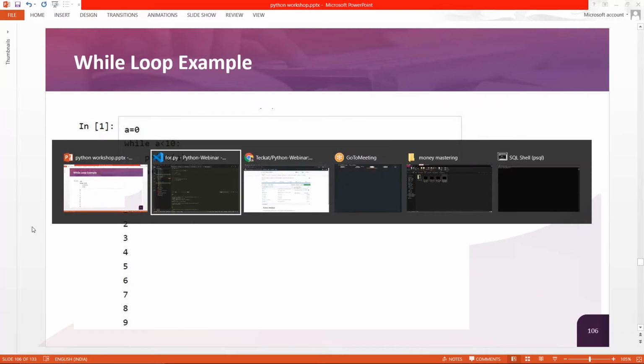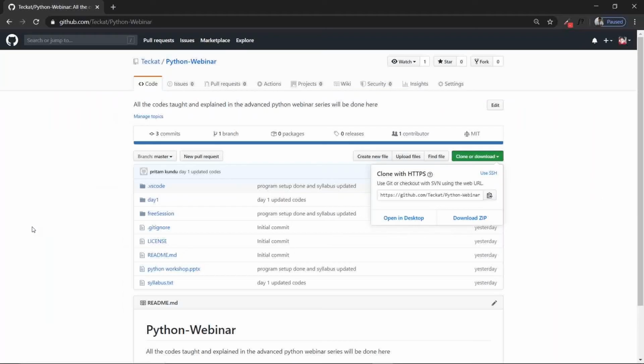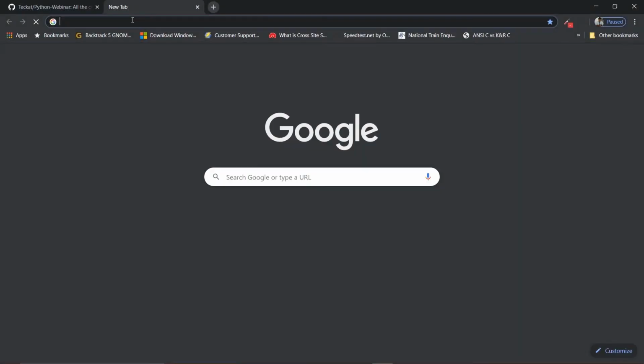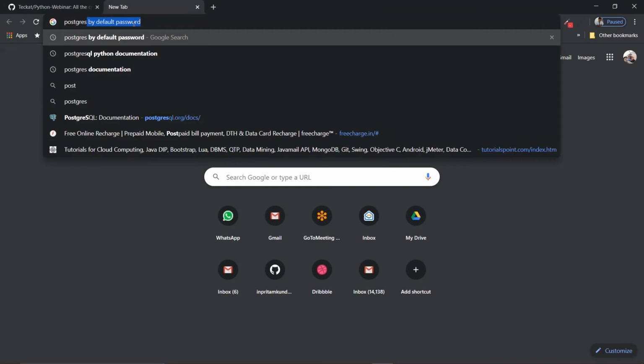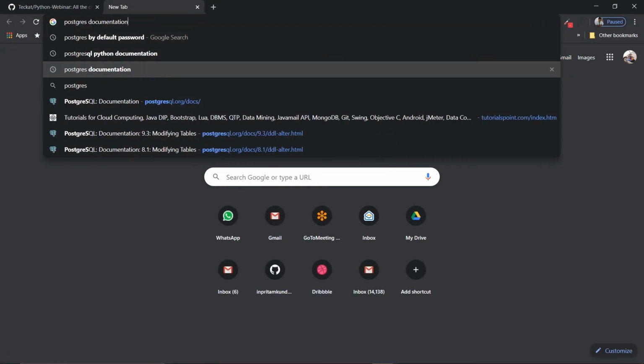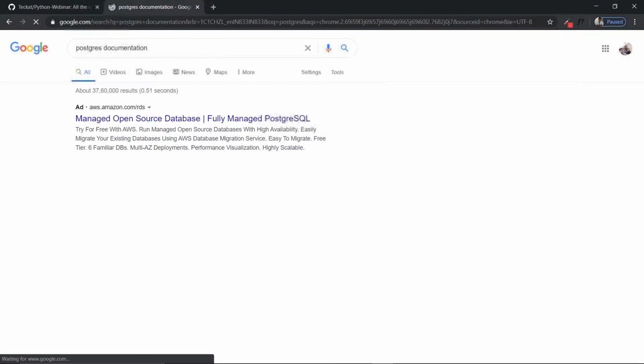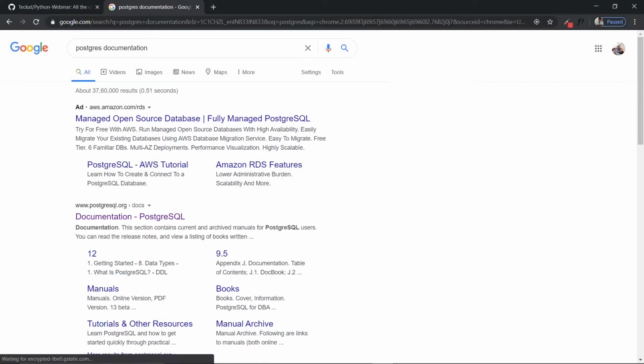Let's go with the basics of the second day session, that is Postgres. So let me tell you what Postgres is. Postgres is a database like MySQL and many other databases like MongoDB, SQLite.